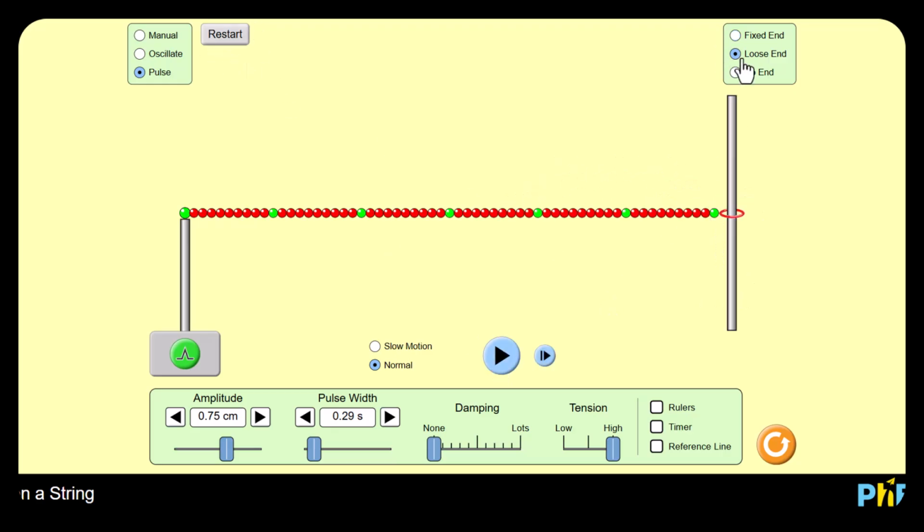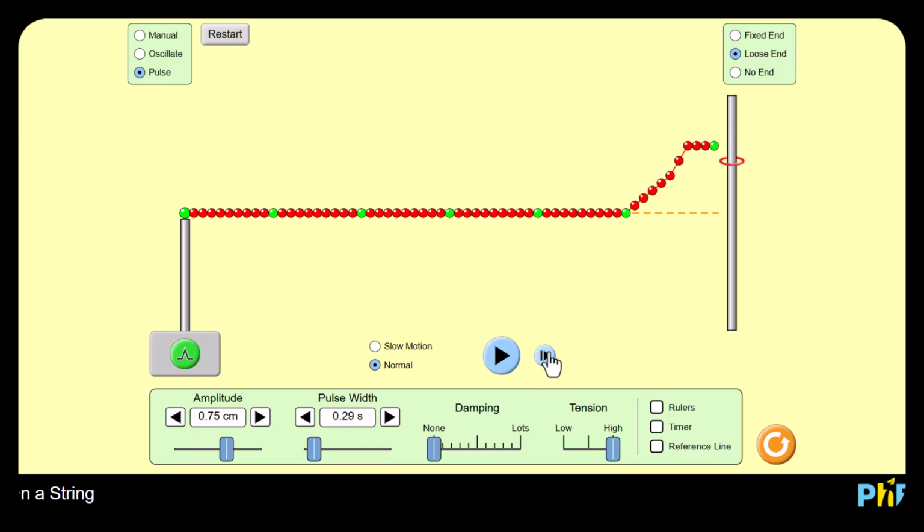Now let's see what happens when the end is loose. I can get the same start. There we go, we'll get real close to it. Okay, this wants to move up, and because there's a ring here, because it's a loose end, this actually is able to move up. So let's see. This spot moves up. Then it'll start to move back down, because that's what it does, and so we're going to reflect again,